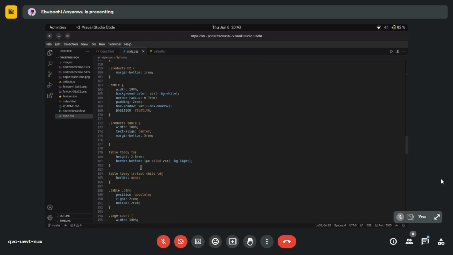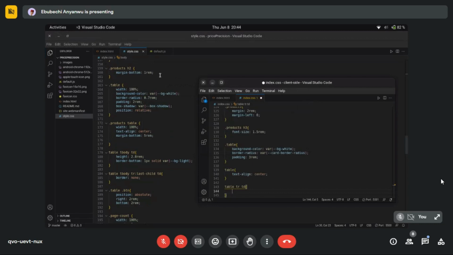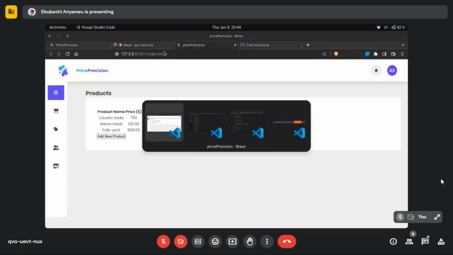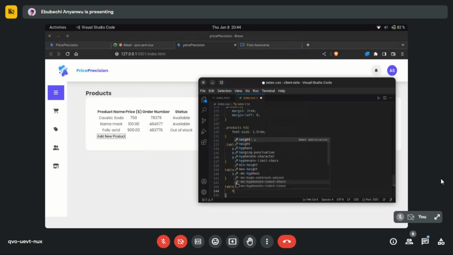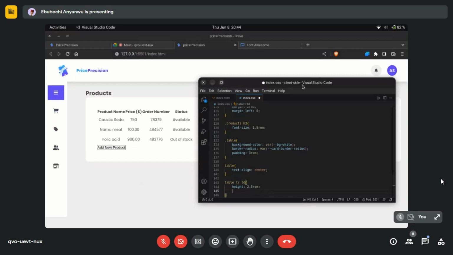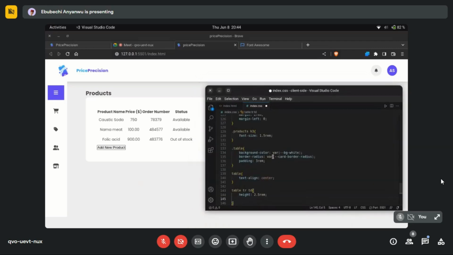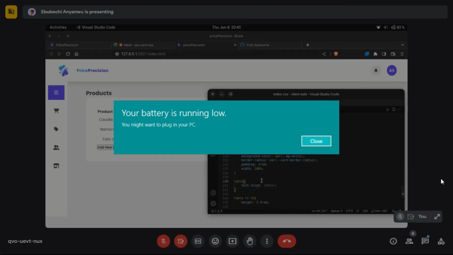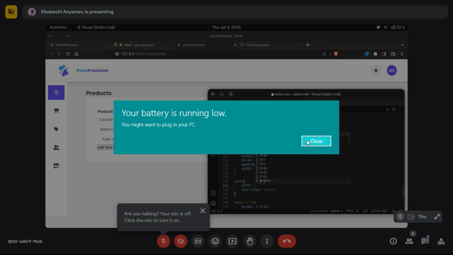Okay, I gave each of them a height and border bottom. Let me see. Okay, it appears